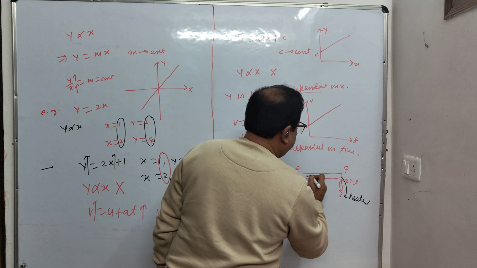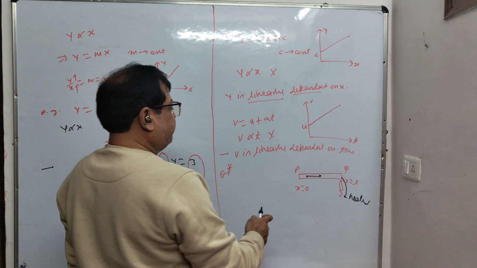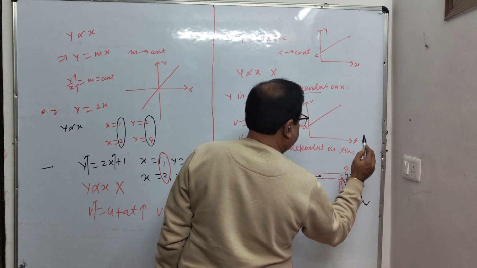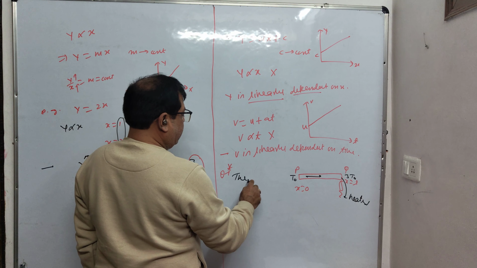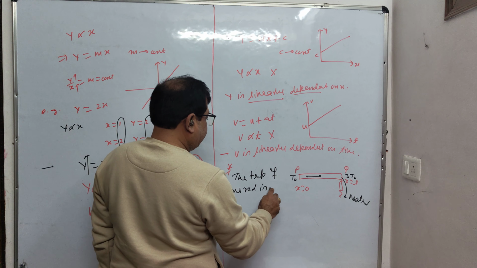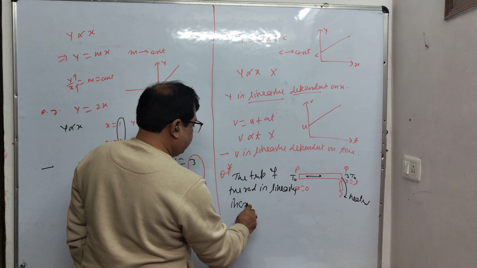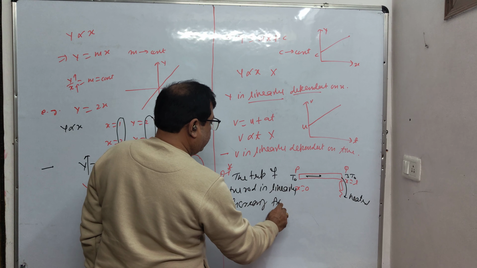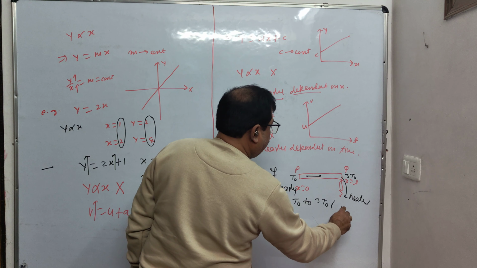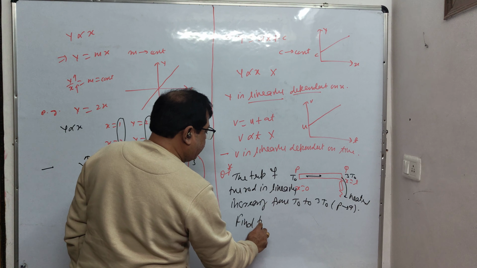So what will move from P to Q, its temperature of the rod keeps on increasing. Suppose at this point its temperature is T0, or at this point is 3 T0. So the temperature of the rod is linearly increasing from T0 to 3 T0 if we move from P to Q. So find the temperature